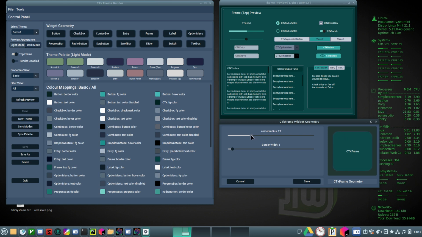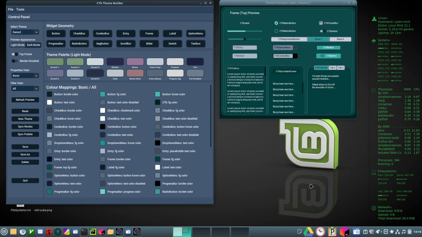If I set it to say, 25 or 26, 25, and then if I save that, you'll see the corner radius change here, like so. And similarly, if I was to change